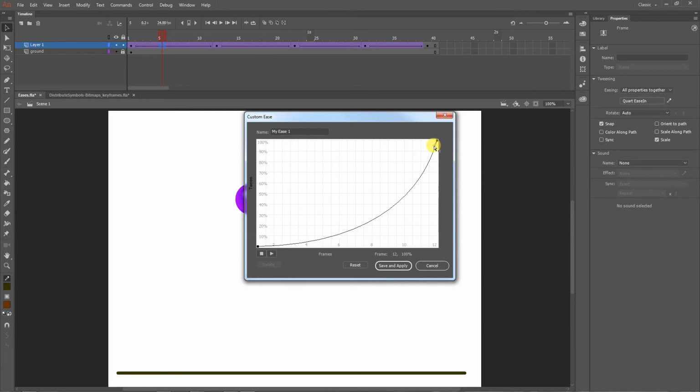If I shrink it down here, it's less influence. I bring it up here, more influence. So it starts off slow, and then speeds up. I can make this graph pretty steep. I'm trying to think. It's a little bit weird because what we're looking at is, how do I put this? The speed it's going is, I think, the slope of the graph. So the shallower the graph, the slower it's going, and the steeper the graph, the faster it's going. And I forgot to hit save and close.